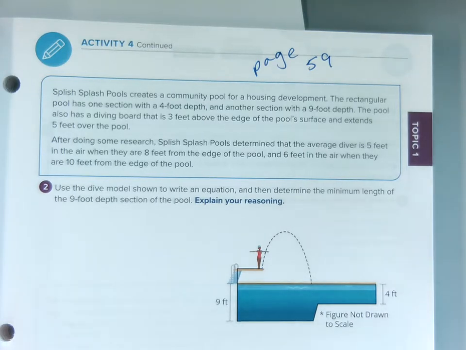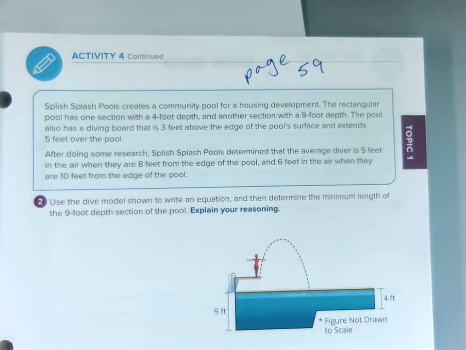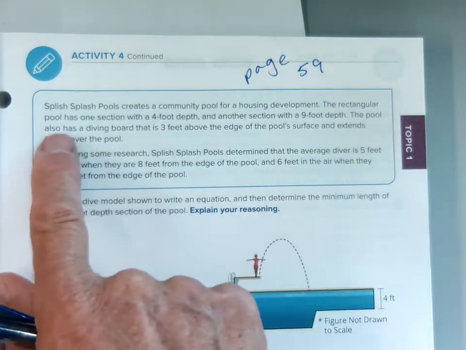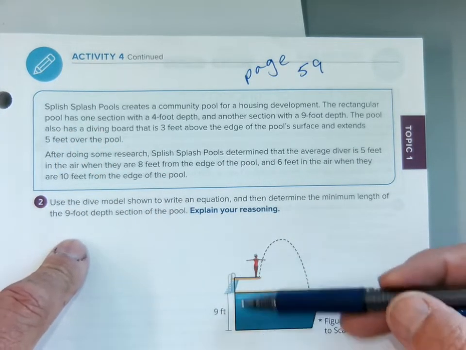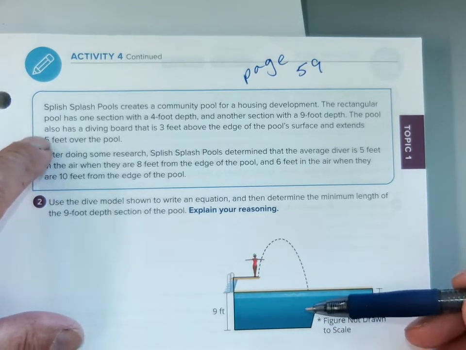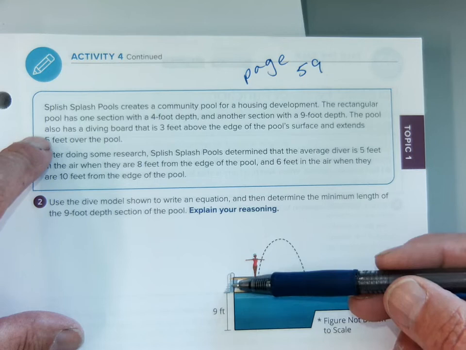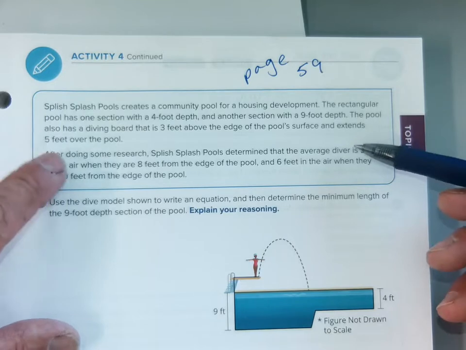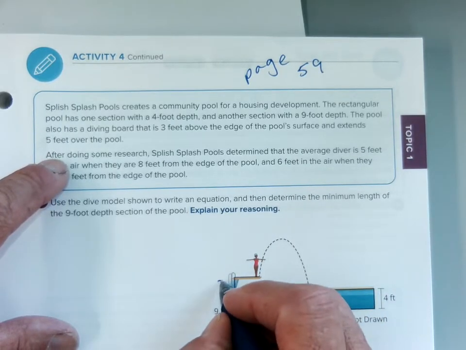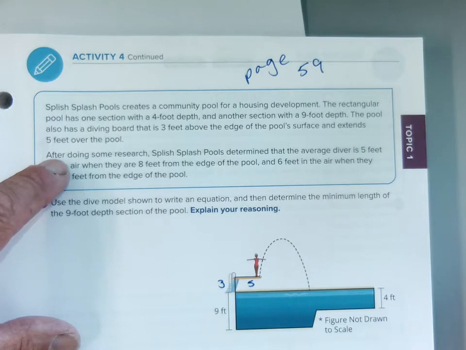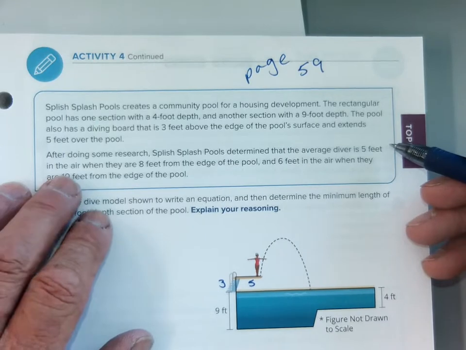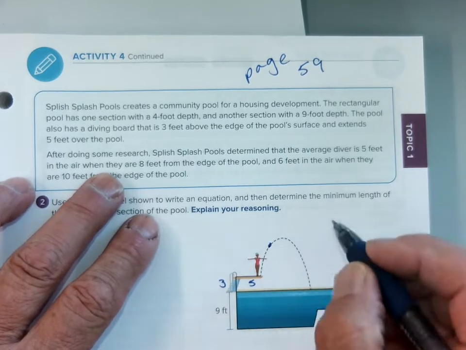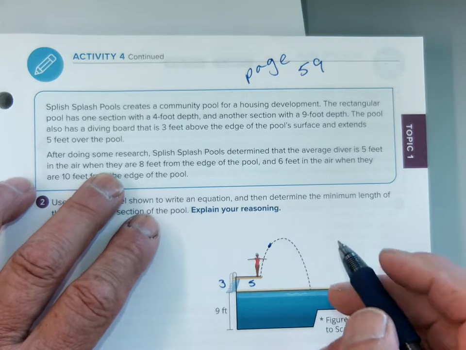So read along. Splish Splash Pools creates a community pool for a housing development. The rectangular pool has one section with a 4-foot depth, another section with a 9-foot depth. The pool also has a diving board that is 3 feet above the edge of the pool, and then it extends 5 feet over the pool. Okay, so this is like 3, and that's like 5. After doing some research, Splish Splash determines that the average diver is 5 feet in the air when they are 8 feet